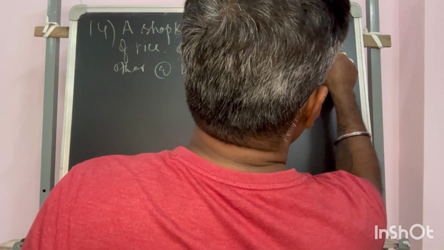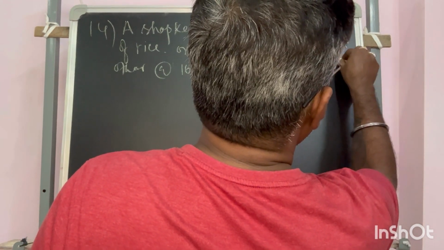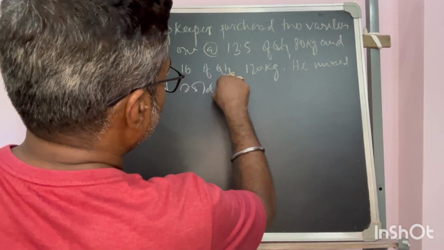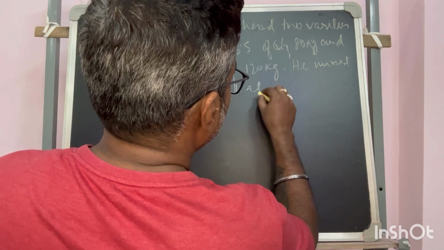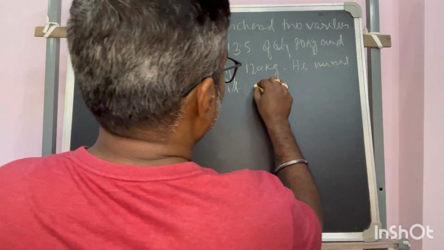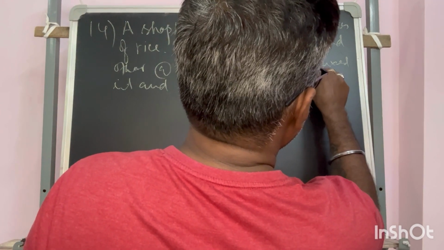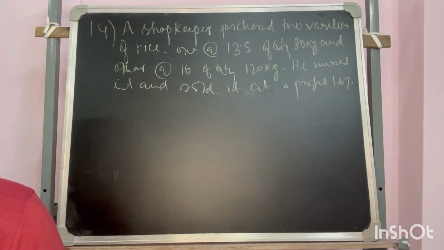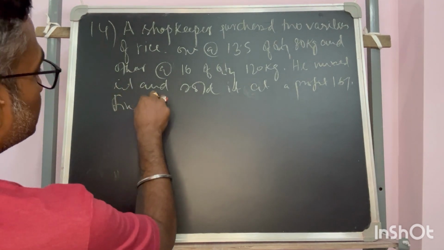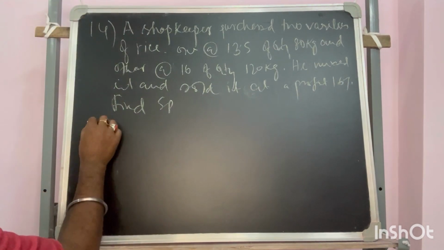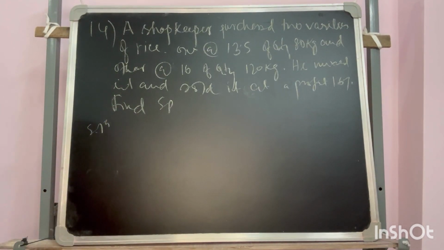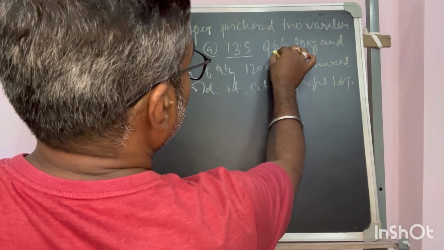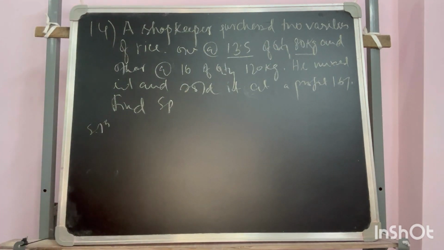He mixed it and sold it at a profit of 16%. Find the selling price. Okay, so you can see that there are two prices given for different quantities of rice mixed,